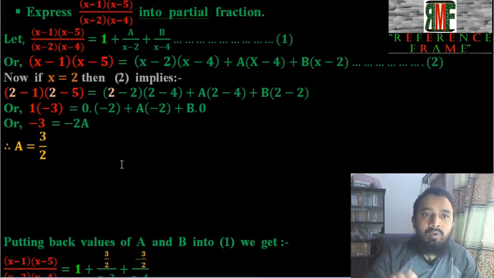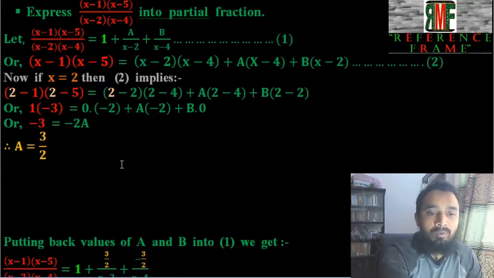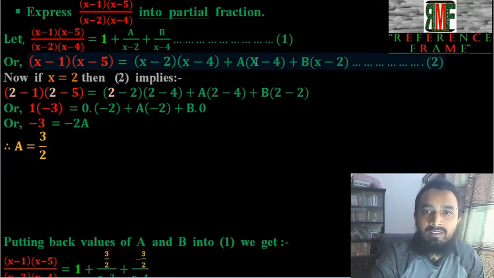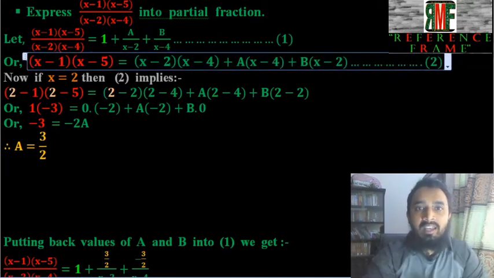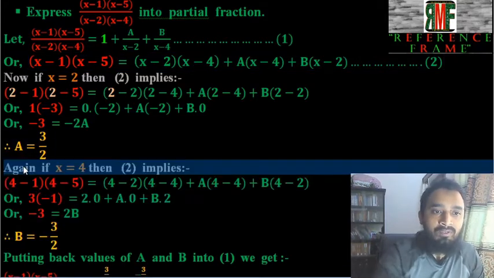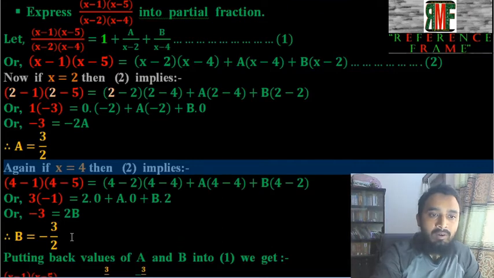Now all we need to do is find the value of b. For finding the value of b, we need to vanish a. So if we put x equals 4, then this part will vanish, this part will also vanish, only b will exist. If b exists, then we can find the value of b. Let's move on to finding the value of b. So by doing the same procedure, we get the value of b equals